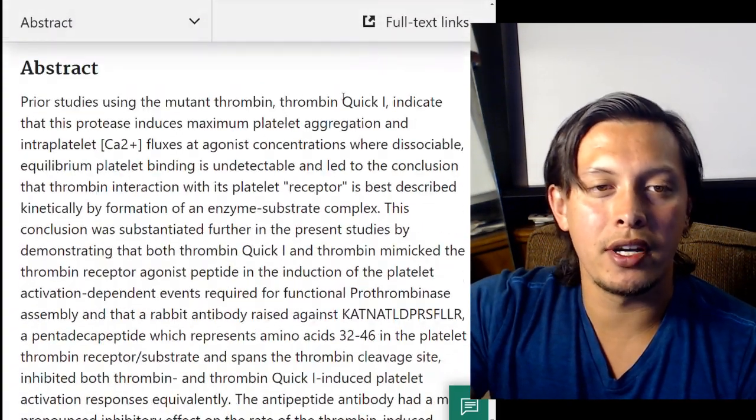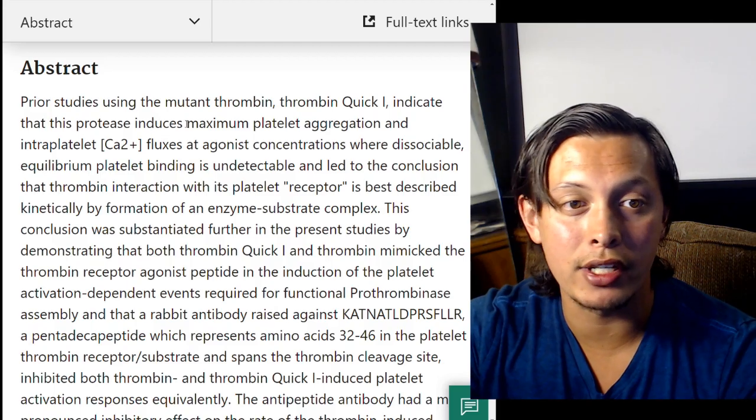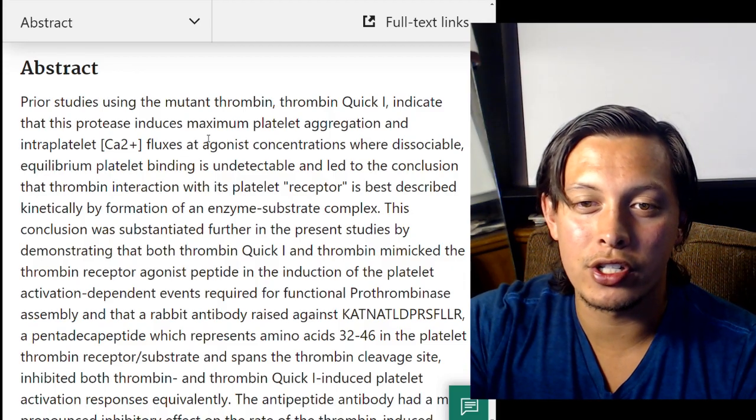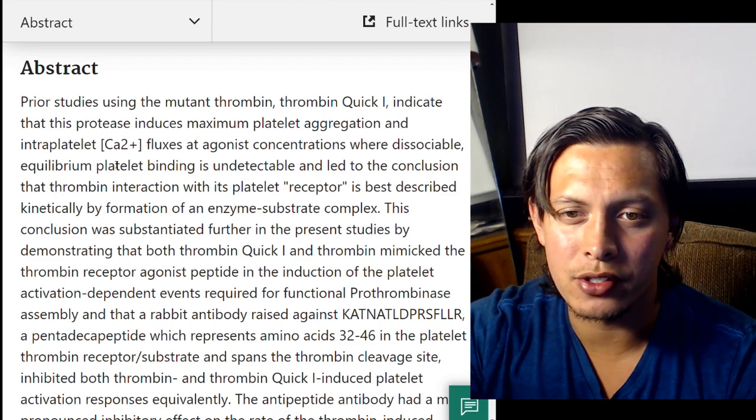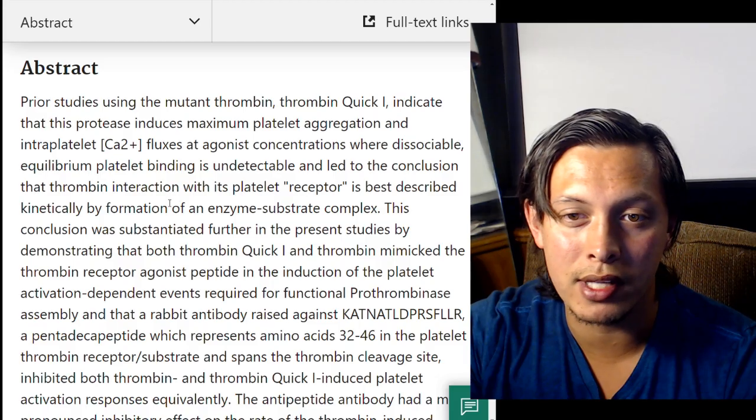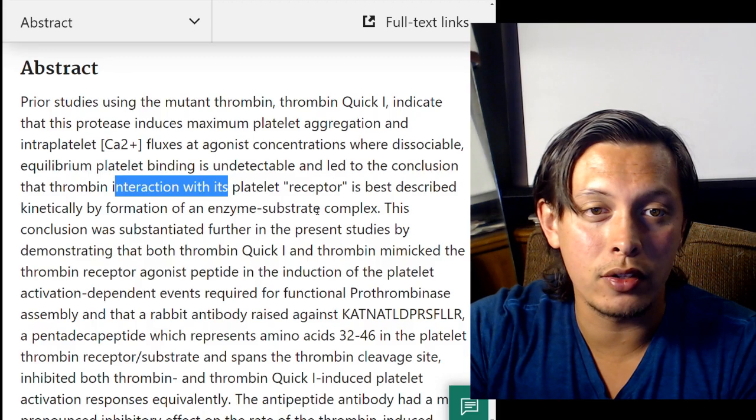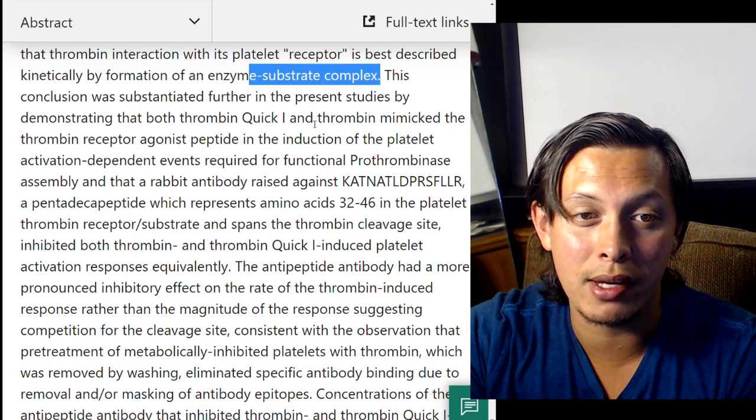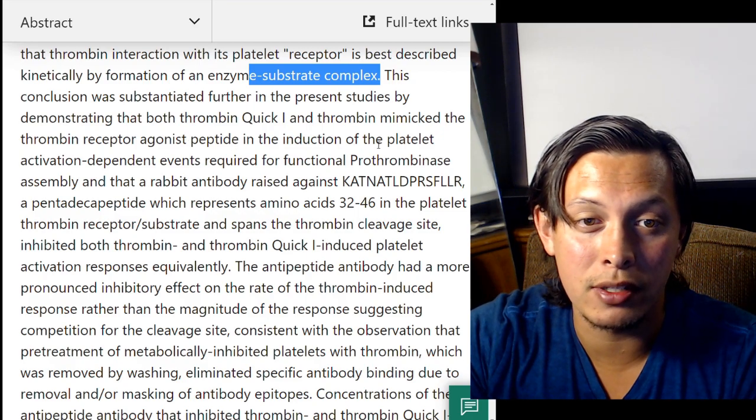But prior studies using the mutant thrombin or thrombin quick 1 indicate that this protease induces a maximum platelet aggregation and intraplatelet calcium 2 plus fluxes at agonist concentrations where equilibrium platelet binding is undetectable, and led to the conclusion that thrombin interaction with its platelet receptor is best described kinetically by formation of an enzyme substrate complex. This conclusion was substantiated further by the present studies by demonstrating that both thrombin quick 1 and thrombin mimicked the thrombin receptor agonist peptide in the induction of the platelet activation dependent events required for functional prothrombinase assembly, and that